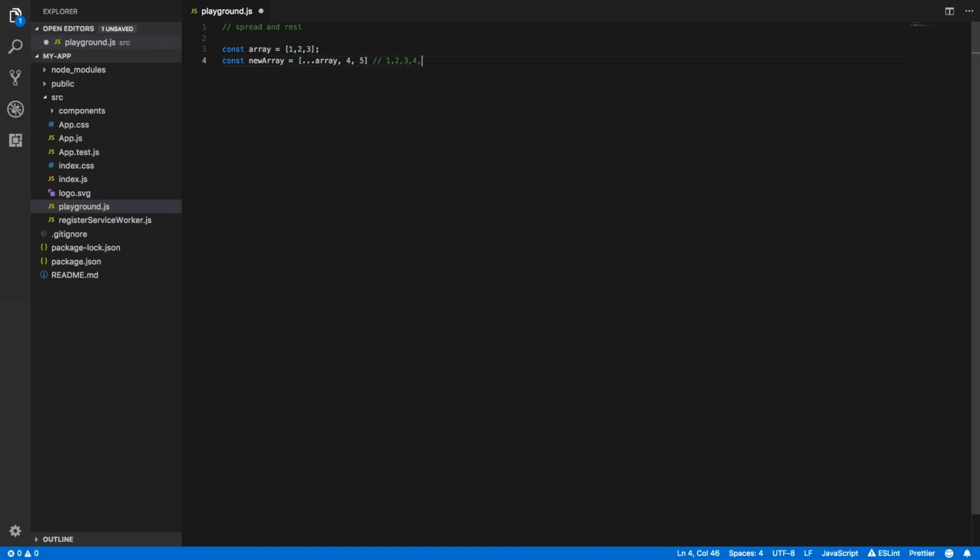And now the list would become 4, 5. In another example, let's say we have some kind of object. So we'll just say the object equals something like that, and we'll give it a name and just say dude. And so if we wanted to copy this object, then we would do it in the exact same way. So we'll say the new object equals, and then we just say dot dot dot